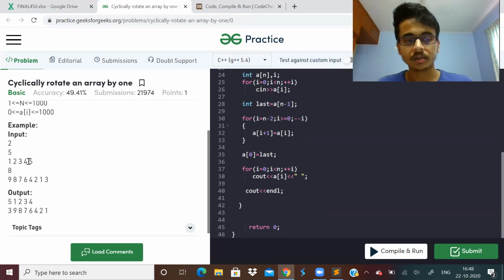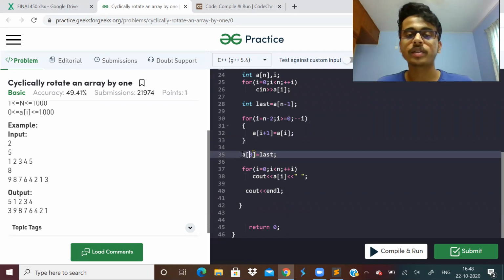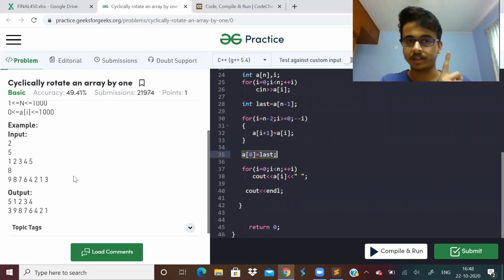That is, in place of 5, I want 4, so copy 4 here. In place of 4, I want 3, so copy 3. In place of 3, I want 2, so copy 2. Like that, you keep copying. And don't forget a of 0 is equal to last, because the last element should come to the first place, right?